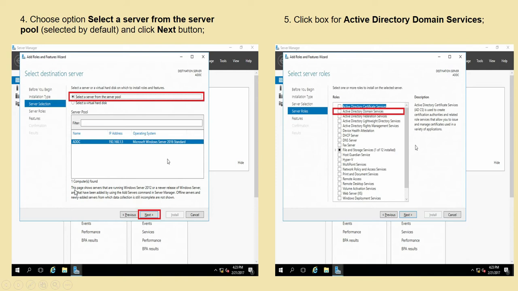This page shows servers that are running Windows Server 2016 or 2012 or a newer release of Windows Server and that have been added by using the Add Servers command in Server Manager. Offline servers and newly added servers from which data collection is still incomplete are not shown. Now for the fifth one, click the box for Active Directory Domain Services. So you have to click here.